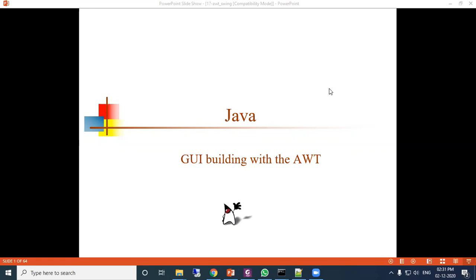So you can say now AWT stands for abstract window toolkit. Abstract means the abstract class, which cannot be instantiated. So many classes are already there, using which we can design GUI applications, or we can say Windows applications.